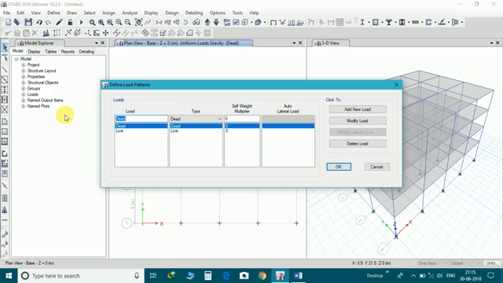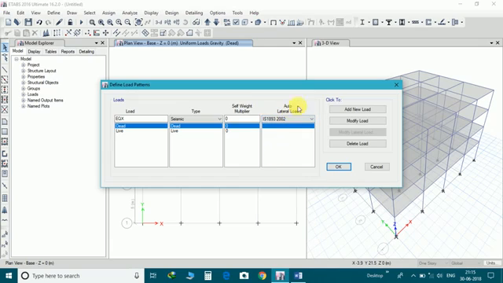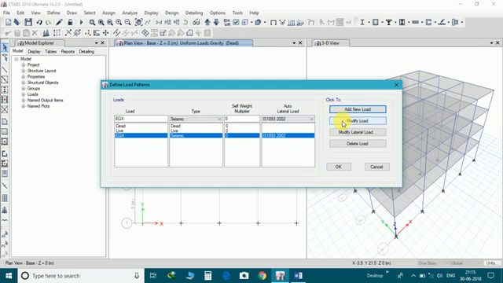Now we will analyze by the static load method. So we will take earthquake along x direction. Type is seismic IS 1893, here IS 1893 2002. And new load along y direction also, and modify it.